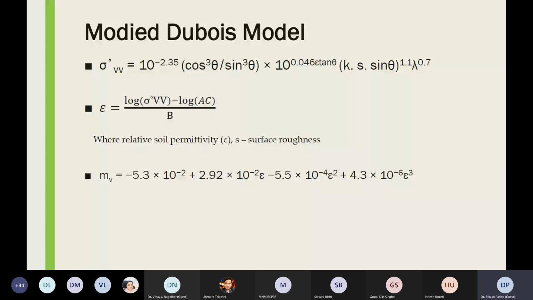So surface roughness, either you have to conduct field work. Okay, from the field-based method, many people calculate the surface roughness, and then you apply that surface roughness. And this is the TOPS model, MV. So based on the TOPS model, this is the standard TOPS model that has been used, and to calculate the soil moisture. Okay, so we try to use all these procedures to calculate that, and we also have